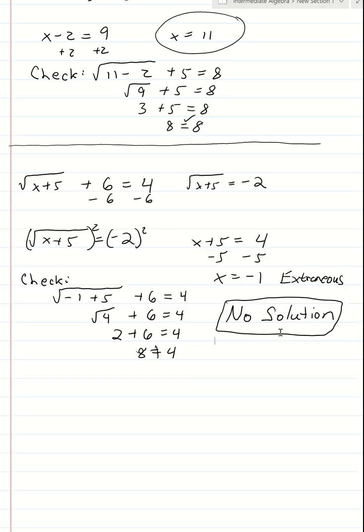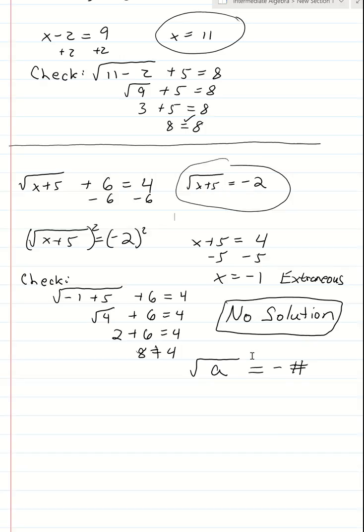And I'm going to give you a little hint, okay? I was able to tell earlier on that I knew that the answer was going to be no solution. I was able to tell right at my first step, right over here, okay? Whenever you have the square root of any algebraic expression, and if it happens to equal a negative number, okay, whenever this happens, right up here is where I knew it was going to be a no solution,